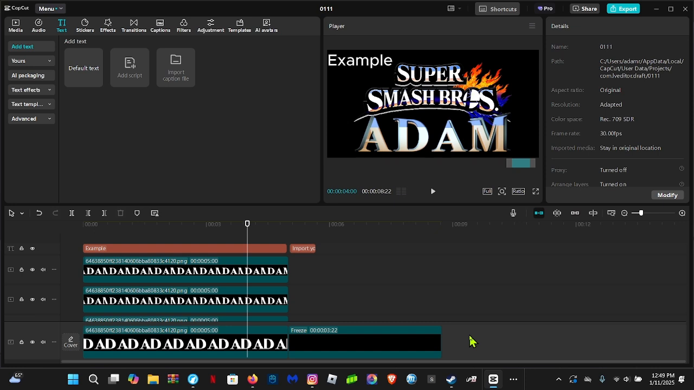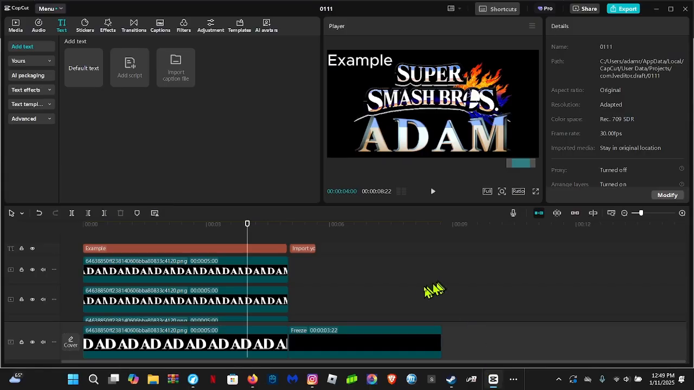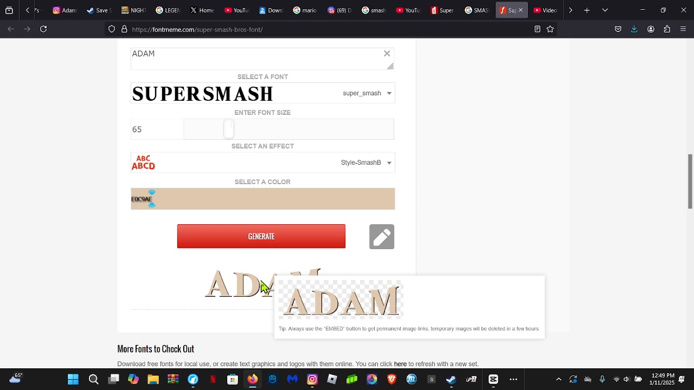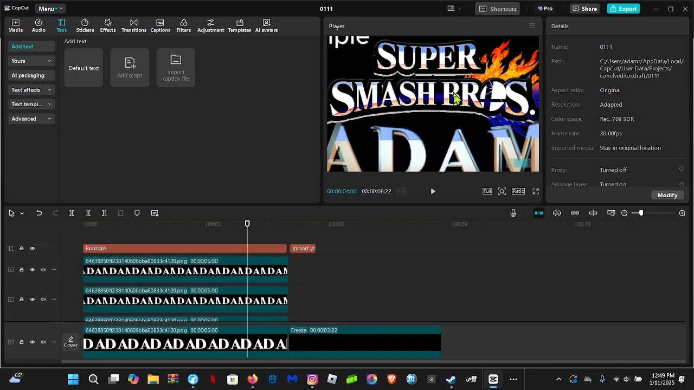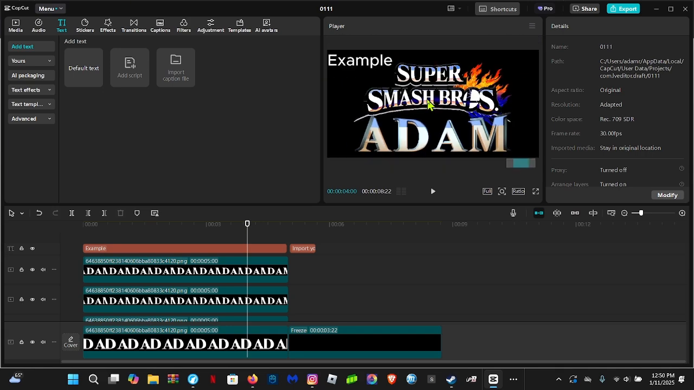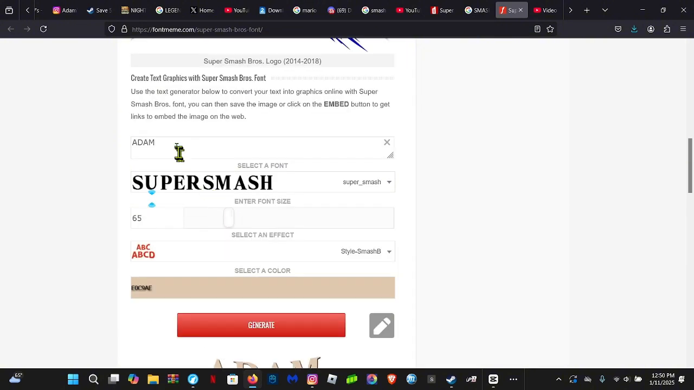Now, you may be wondering, well, how did you get the font? And how did you get the text? Well, what I did is I went here and you can see I changed the color to like this beige because there's beige right here. And so you can type in whatever you want. Like you can type in your name, like